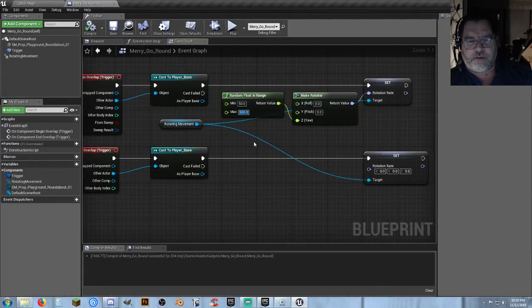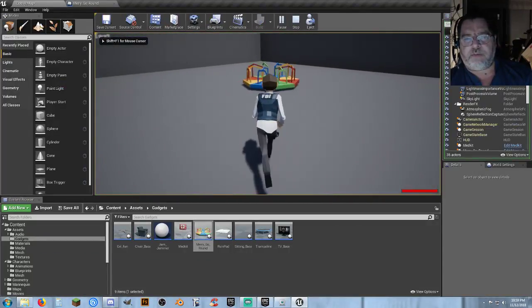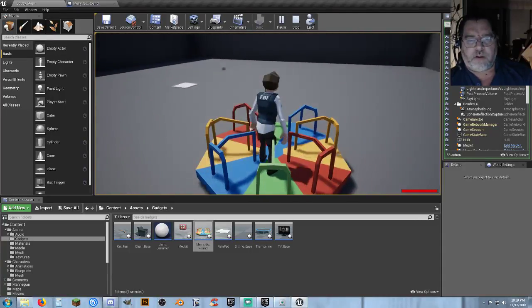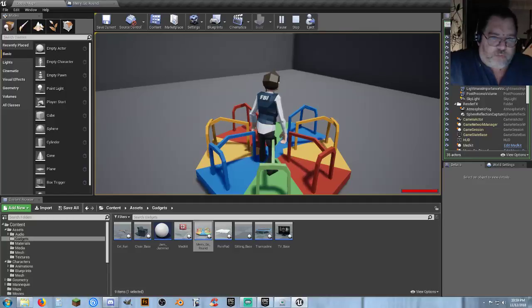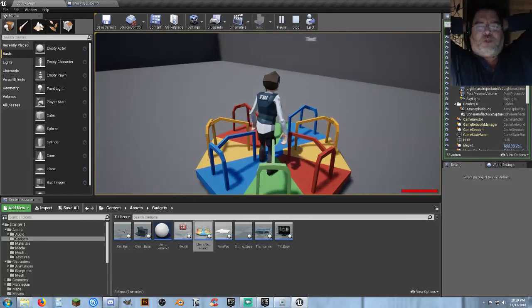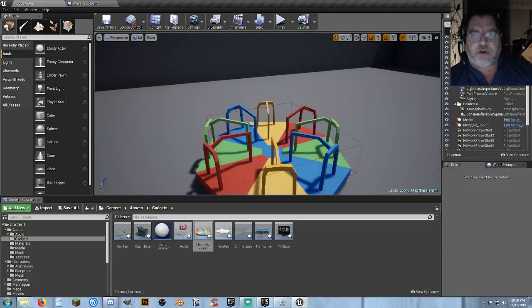Let's drop that down to 180, which was the normal max of what it was before. So now we have a variable speed merry-go-round that's activated by the player. Of course, it's going to be activated by the server because I haven't done any replication on it. Don't see where that's really that important, but shits and grins, let's just see what happens